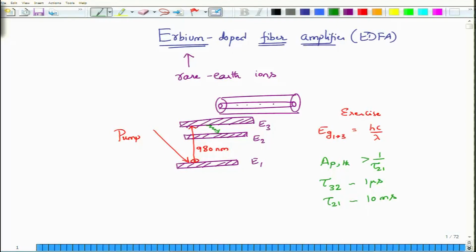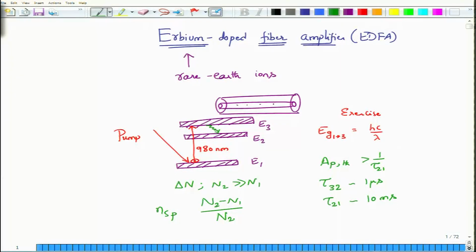In a laser operation, we would actually want a complete inversion, correct. We want delta n to be such that N2 should be much larger than N1, and we want almost all of the atoms in the ground level to be pumped up to the intermediate level to create the population inversion. However, because we are not really looking for a laser, but an amplifier, this condition is not normally satisfied. The degree to which it is pumped is usually given by this ratio, and we denote that ratio as NSP, or the filling factor.